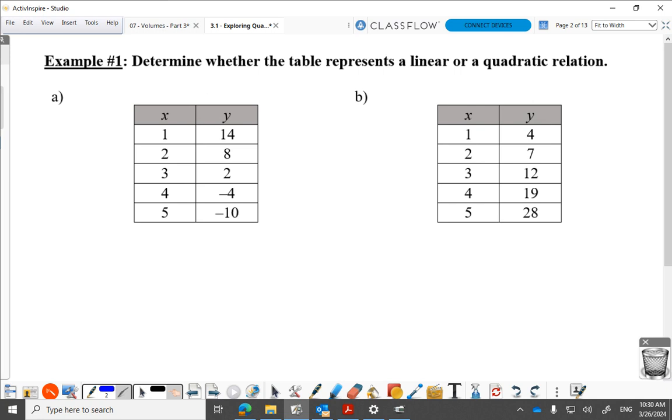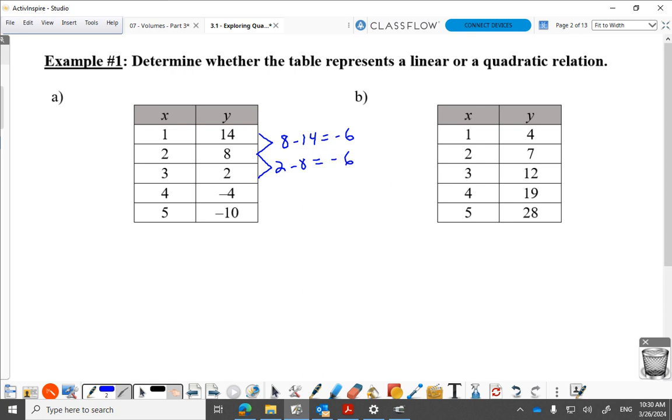You look at these two values and go, how much did it change? Some people in grade 9 do them in their head. You go 14 to 8, how much did it change? I encourage you to actually do the subtraction. Go, how much did it change? It ended at 8. Started at 14, it changed by -6 because we really want that negative value. So if you did them just in your head last year, when we go to do second differences, that might cause you a problem. So then next one, 2 minus 8,